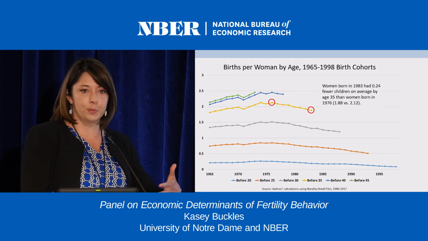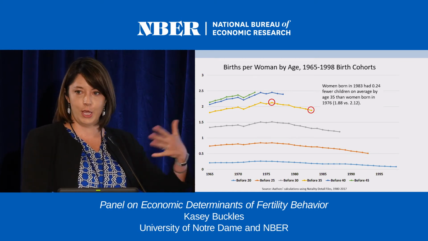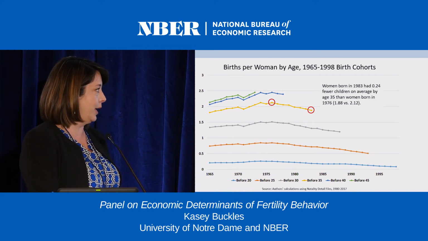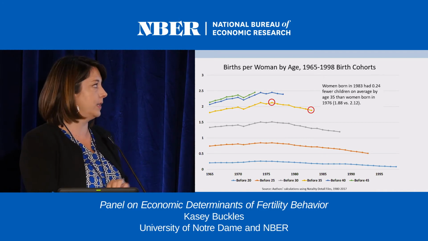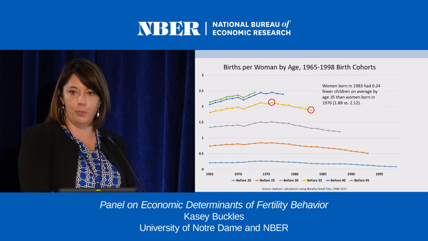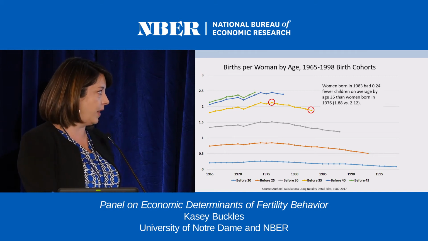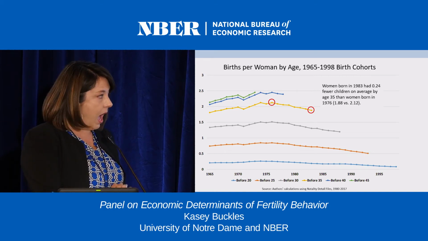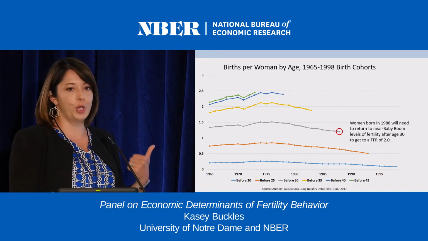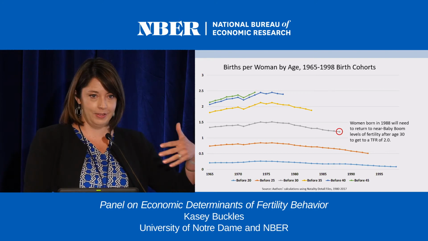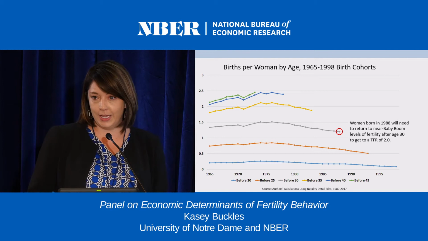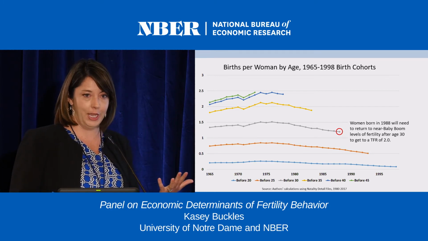So they do have some ground to make up to get to a TFR of 2, which is both a historically relevant number and a number that reflects the SSA's projections. But as Martha said, they have some time to make that up with fertility post age 35, right? I want to push beyond, though, where Martha stopped and talk about the post-83 cohorts. So take women born in 1988, right? Now we're really getting into the millennial cohort.